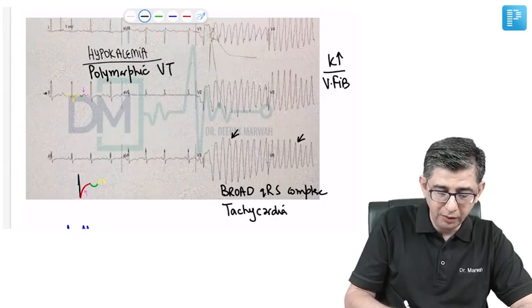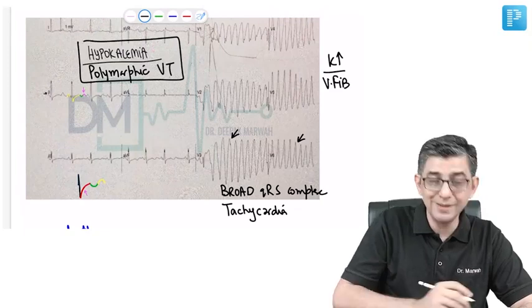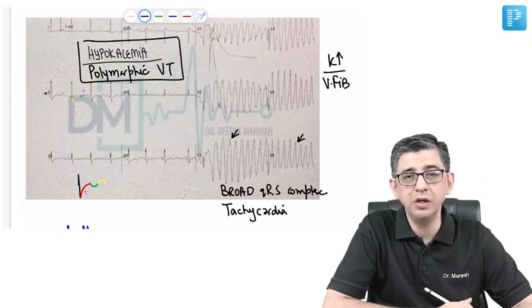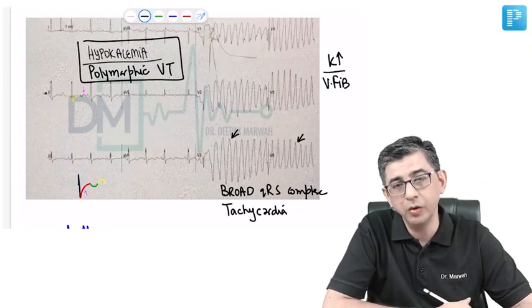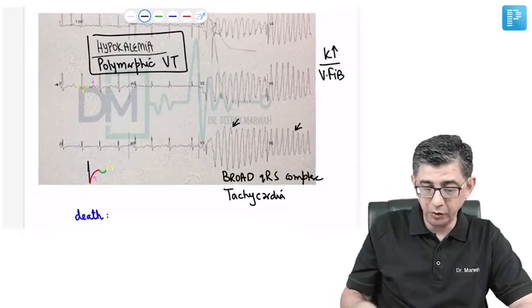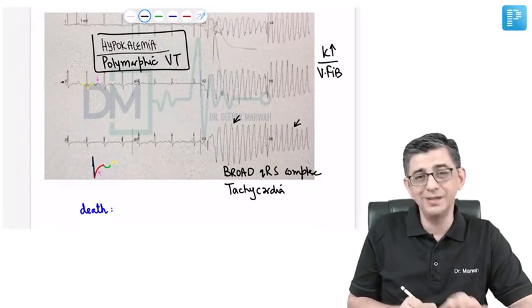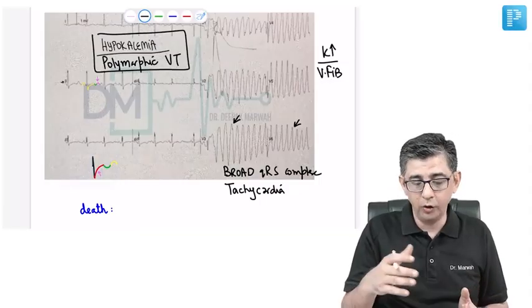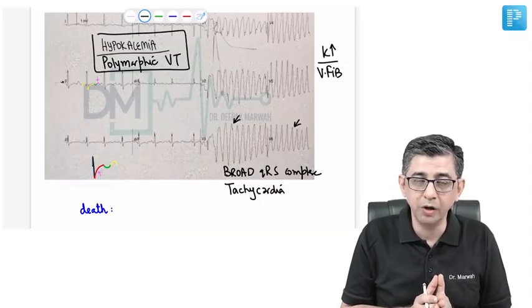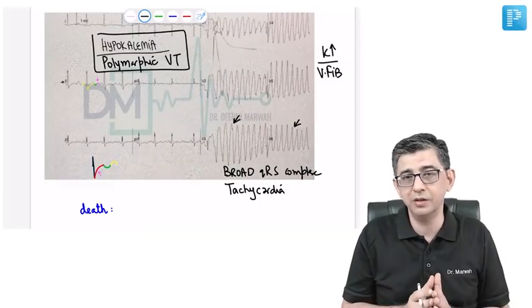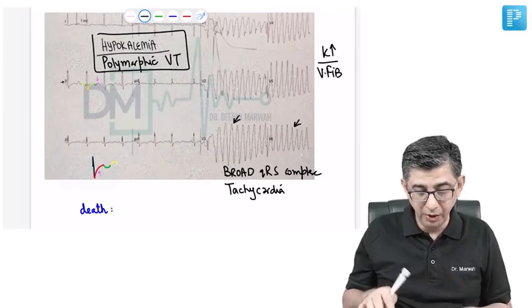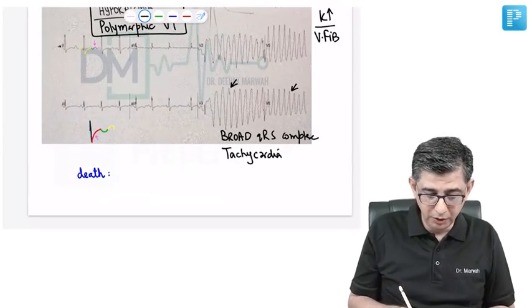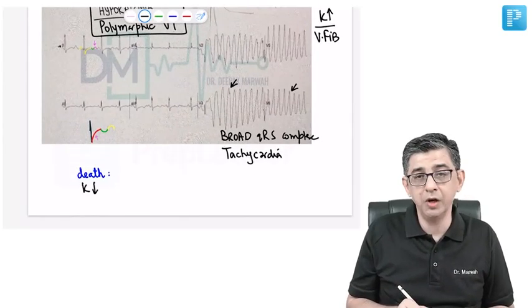and this is the main reason why I'm going into this topic: polymorphic ventricular tachycardia is a tachyarrhythmia that can be seen in patients who are suffering from hypokalemia. This can contribute to death, but if he asks what is overall the leading cause of death, now look at the change in the vocabulary. I said there could be a tachyarrhythmia seen with hypokalemia, for which I've also discussed the correction values on my previous slide, but at the moment I'm teaching you the leading cause of death in hypokalemia,